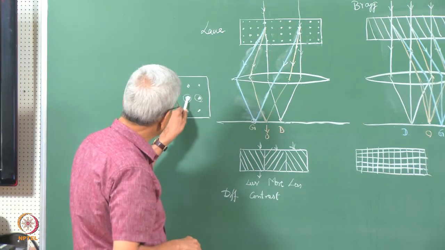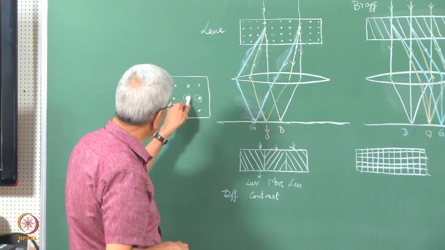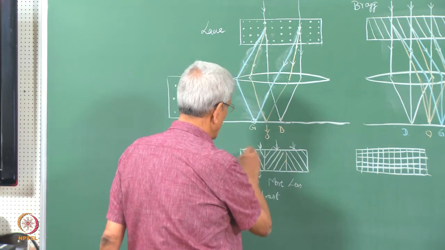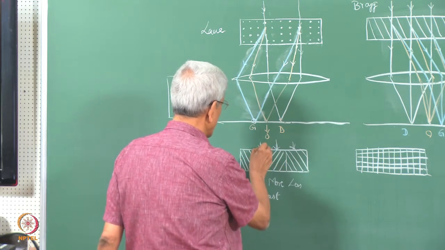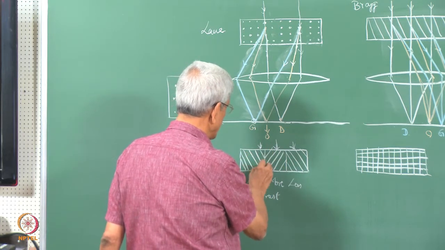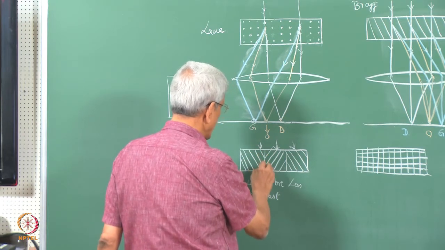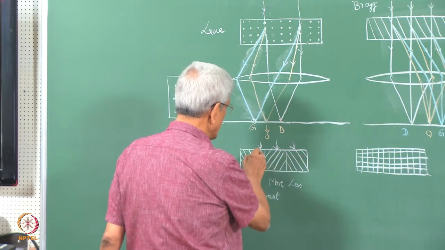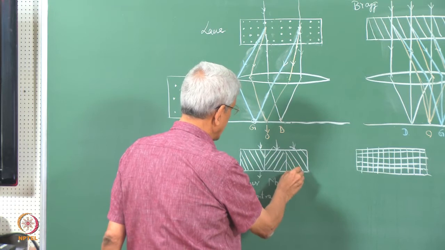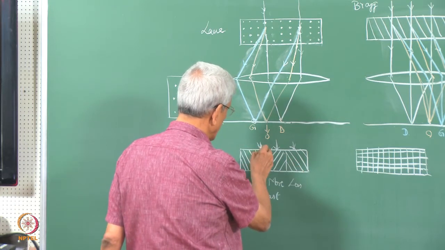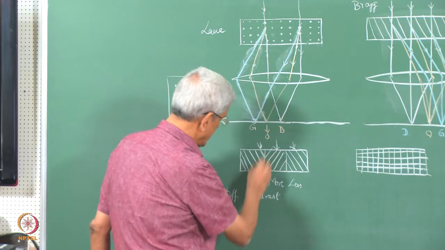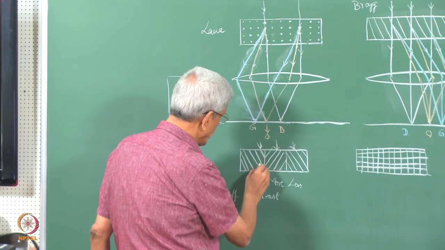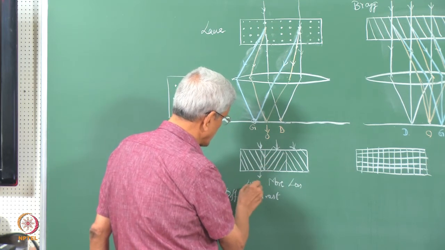Then what we are essentially trying to do is put an aperture around this reflection. We can consider this example. Here is a sample in which the diffraction planes are inclined like this. In these two cases, where the diffraction planes are inclined like this, they satisfy the Bragg condition for the beam entering the sample. If we make that assumption, then a lot of the beam will be scattered away. So in the direct beam, the intensity is going to be less.